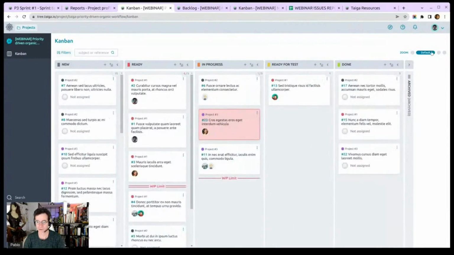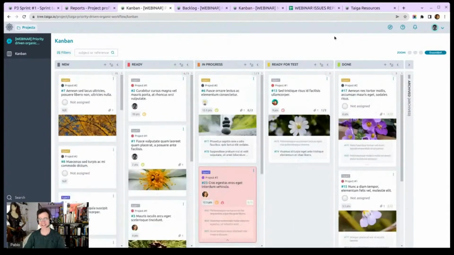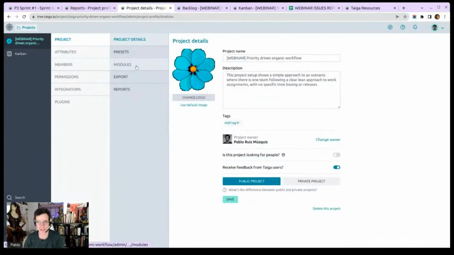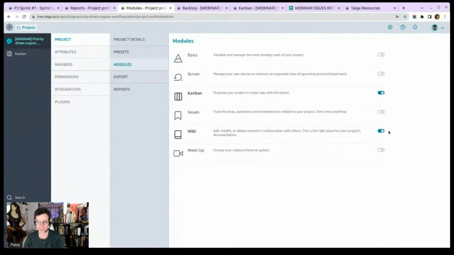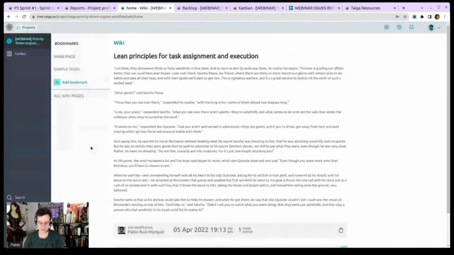By the way, we have compact, we have default, we have detailed, and then we have give me everything. Give me everything. I want screenshots, I want tasks, and then their status. I want everything, right? Here, basically, what I like to suggest is that you go for Kanban and Wiki. Why Wiki? Because this is for mature teams where there are certain rules and principles, very lean, and